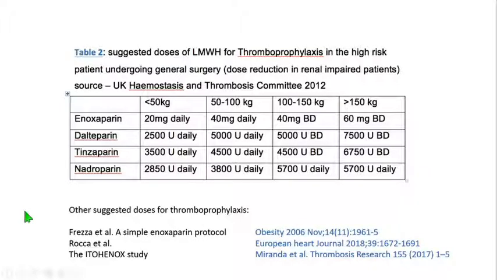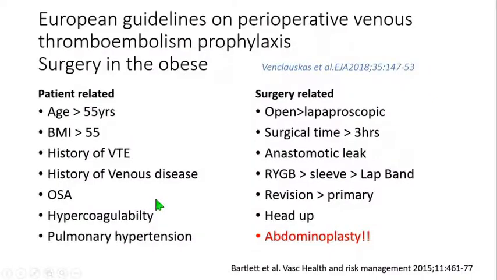Now, anesthesiologists are practical people, so we need some practical guidelines. This is, for instance, a guideline published by the Hemostasis and Thrombosis Committee from the UK. In my opinion, a very practical dosing scheme involving multiple low molecular weight heparins. This is a recent guideline published by the European Society of Anesthesiology